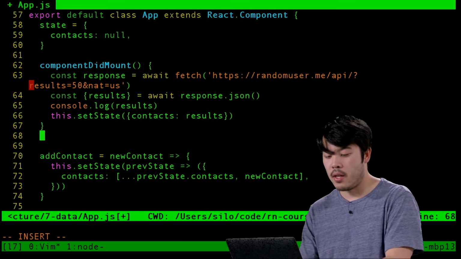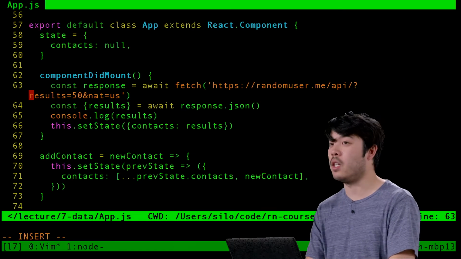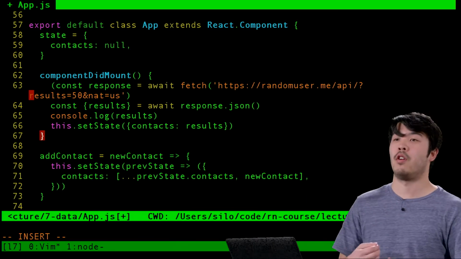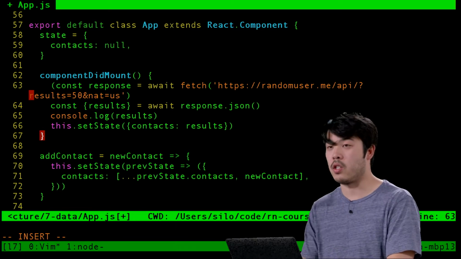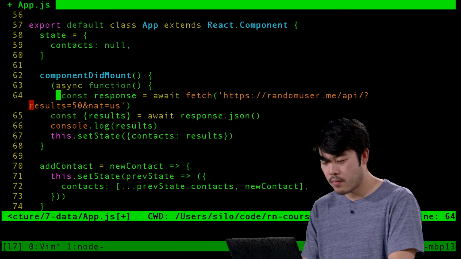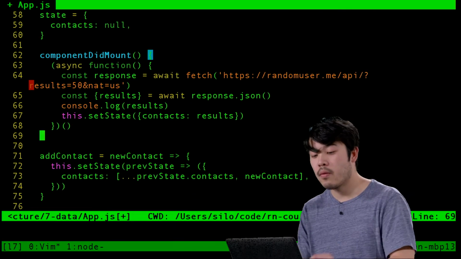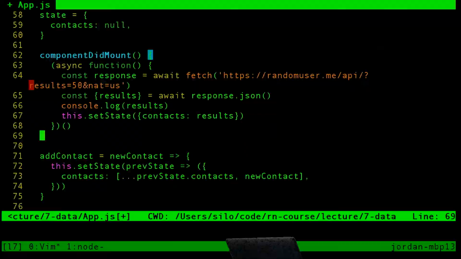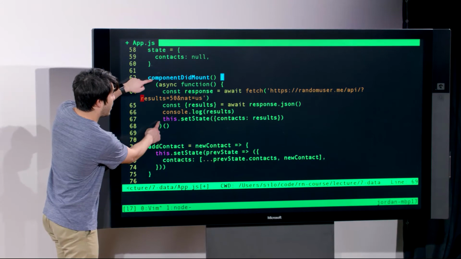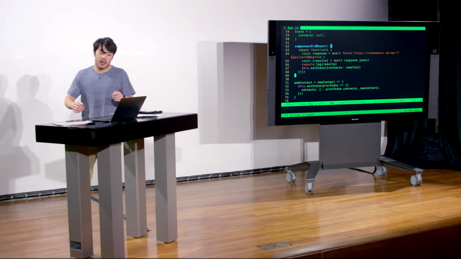Well, one quick way is to create an anonymous function here. If you remember back to an early lecture when we talked about IIFEs, or immediately invoked function expressions, we can just create an anonymous function here. So we could have an async function that does this, and then immediately invoke it. So again, an immediately invoked function expression. And so we have an anonymous asynchronous function here that does all of these things. And then we wrap it in parentheses and immediately invoke it. And that will immediately invoke that asynchronous function. And so if we go ahead and save that,